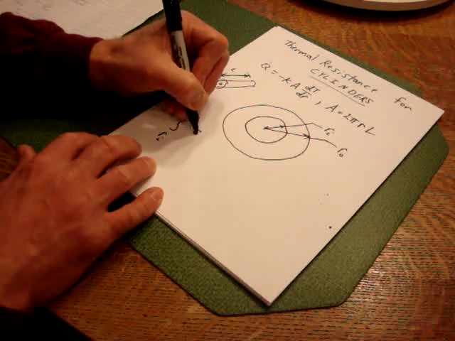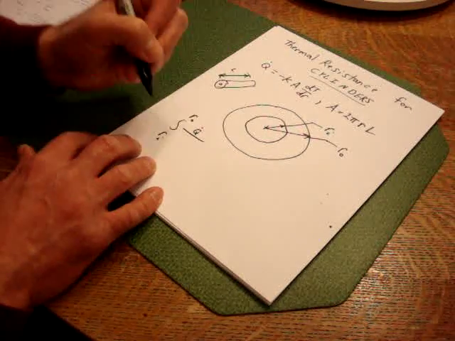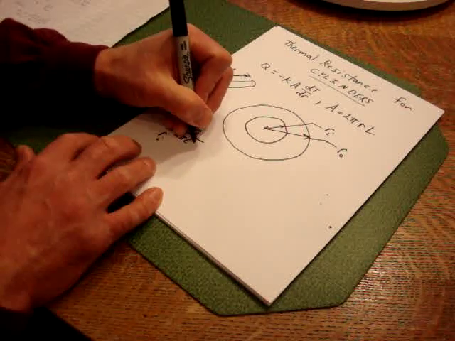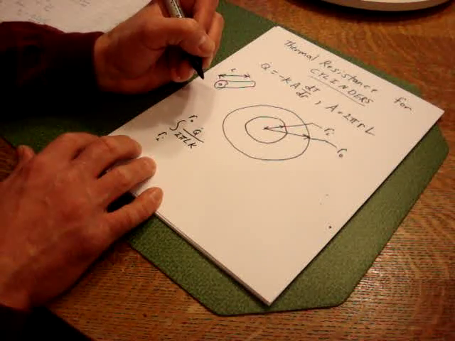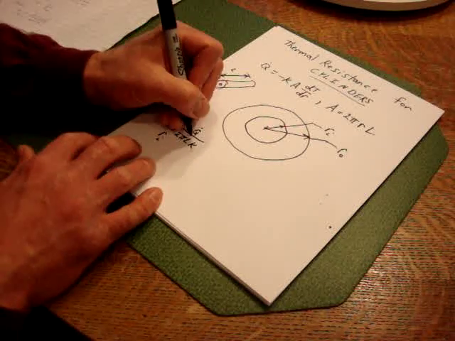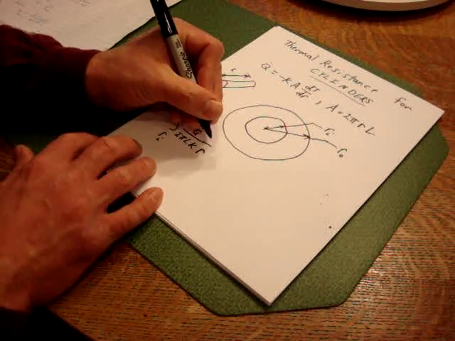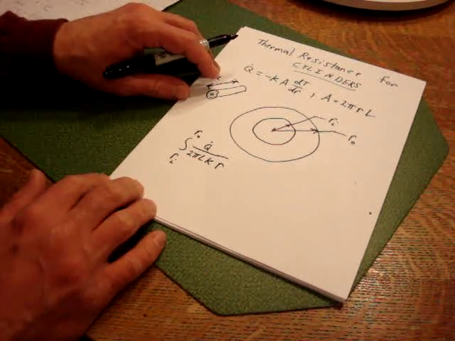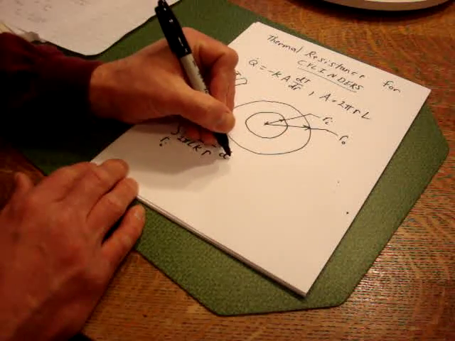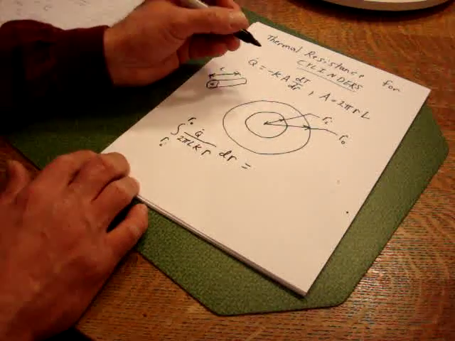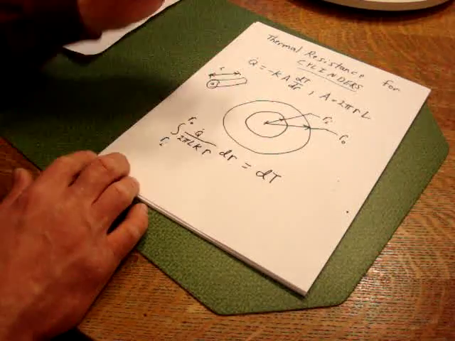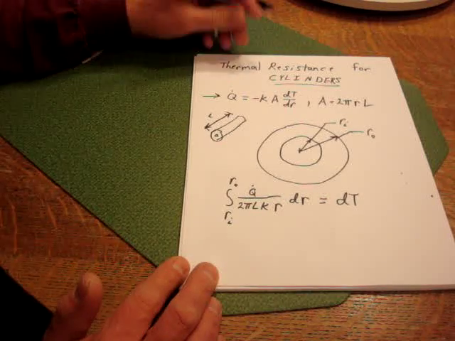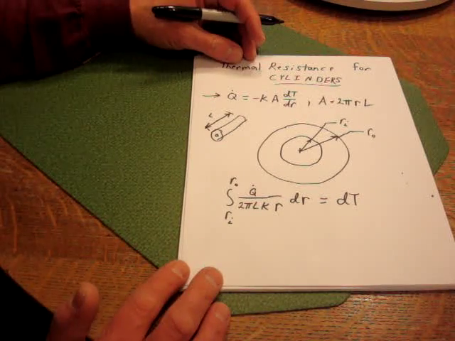So we'd have Q dot divided by the area, 2 pi L r, and then if you take the K and divide it through, you have a K here. Now all of this is going to be times delta r, and that's equal to delta T, the temperature drop. So all we did was take this equation and substitute in the area, separate terms,